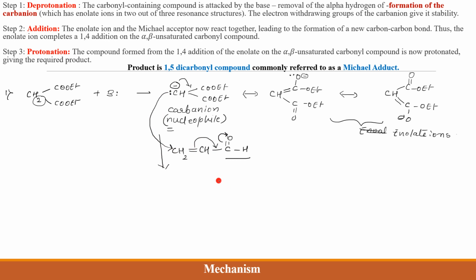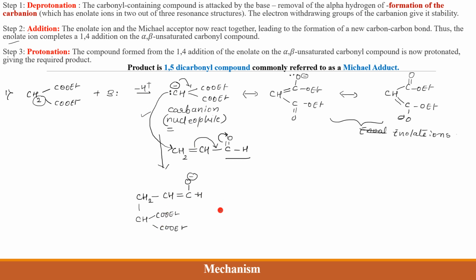Okay, so see the first step. So this is your attack. So I'll draw it over here. So what will happen to this? The double bond will be converted to single bond. Here look at the arrows. This is your negatively charged oxygen. This is H, and now we are going to show that attack. I'll write it over here. COOEt, COOEt. So that is our second step, addition step. Okay, so first step was deprotonation. After deprotonation, you got carbanion. Then the second step was the nucleophilic addition.